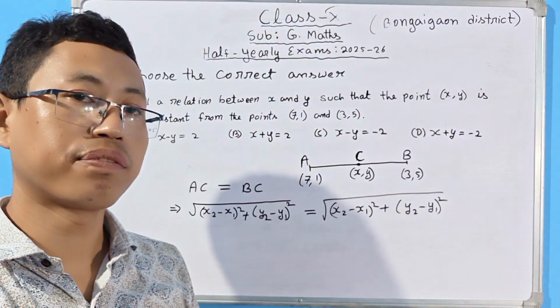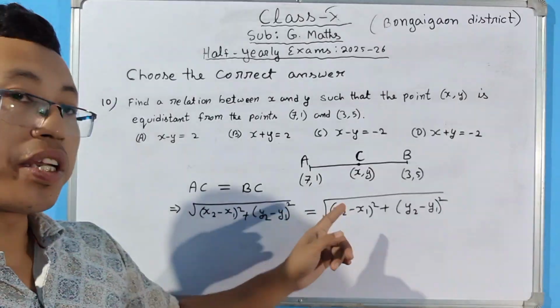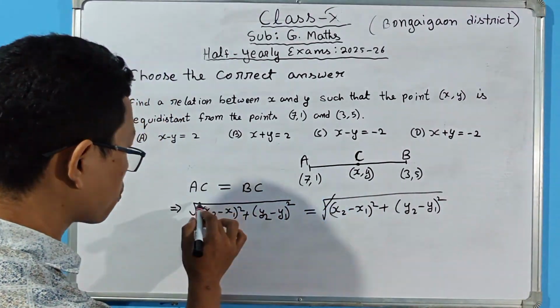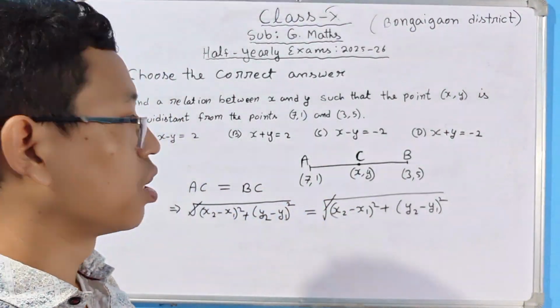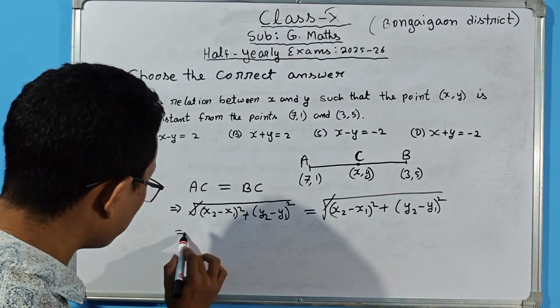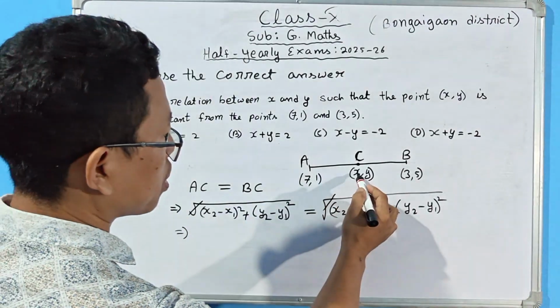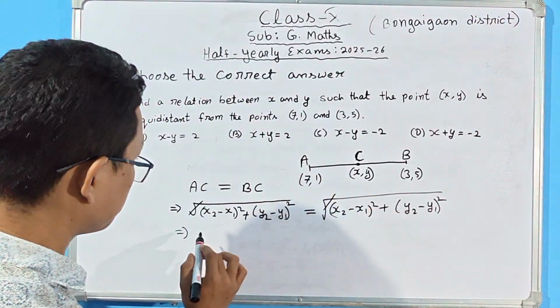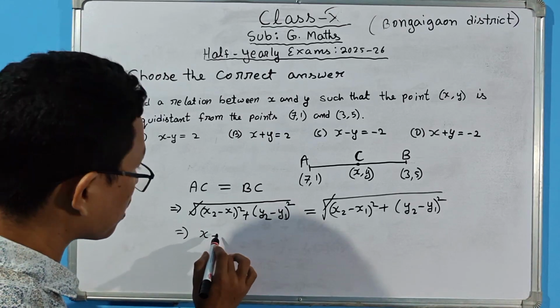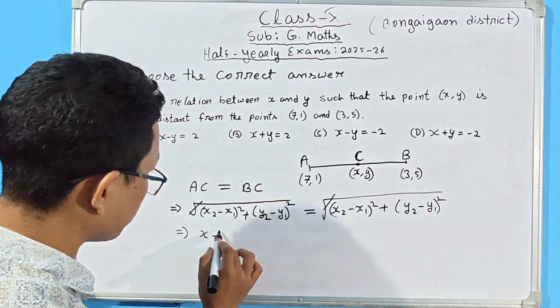This is the formula we have. So equating both sides, the square root on both sides will be cancelled. Clear? And now for the values, consider x2 is x, and x1 is 7,